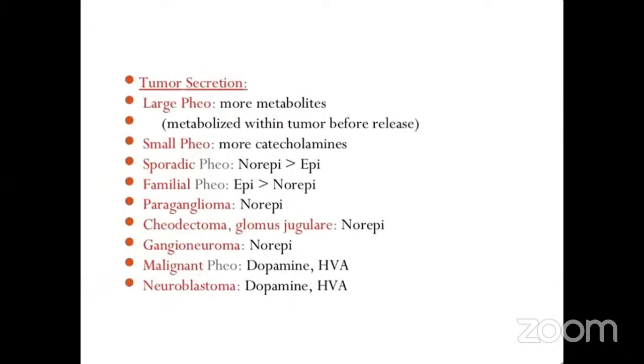Based on the production of metabolites from the tumor, there is large pheochromocytoma and small pheo. Large means it produces more metabolites within the tumor, and small means it will produce more catecholamines than metabolites. And coming to the sporadic and familial pheo, the sporadic